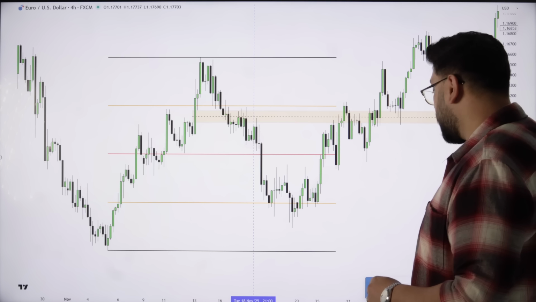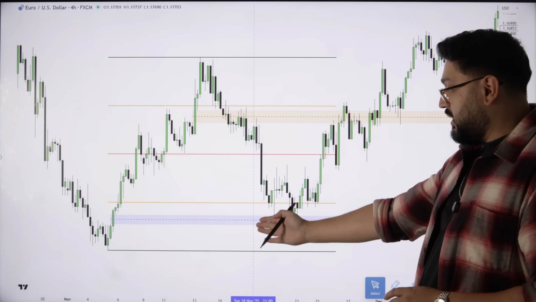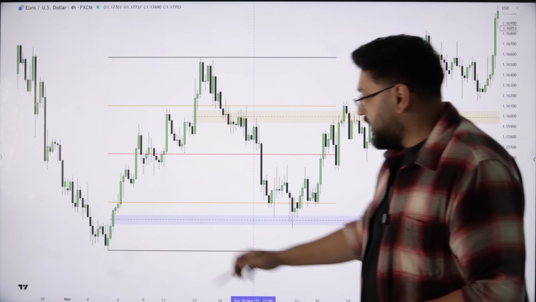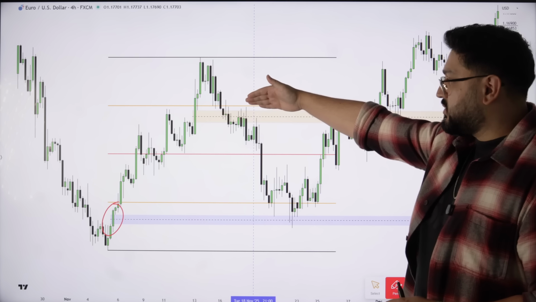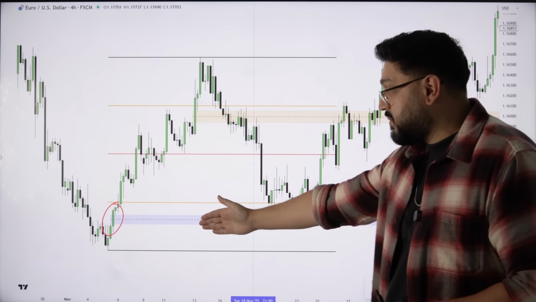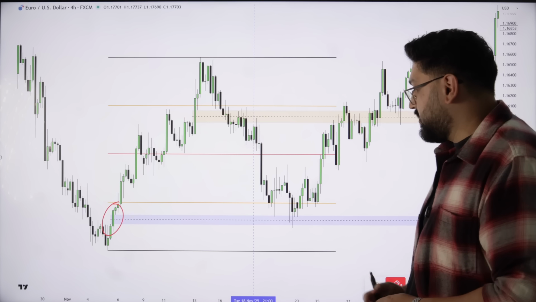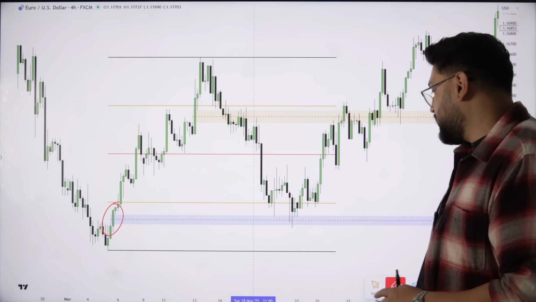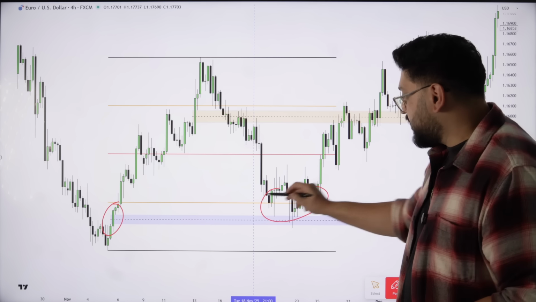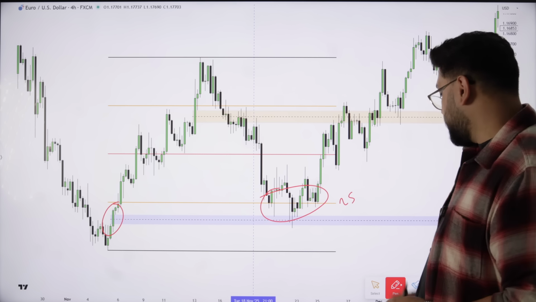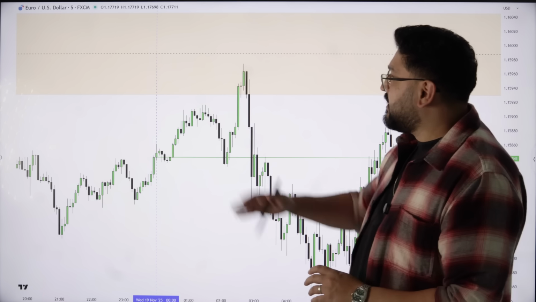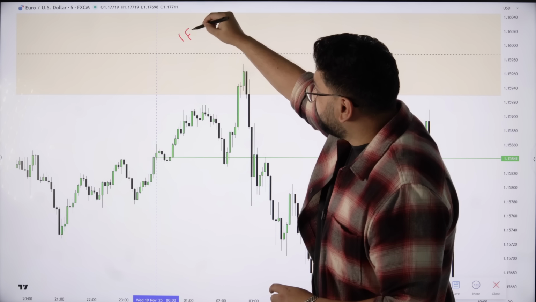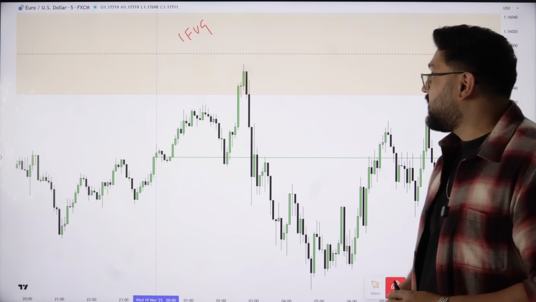Now notice what we would be aiming for. In an extreme discount, we have this buy-side imbalance. So when the market is already in a premium, below the market we have a buy-side imbalance. That's essentially where it's going to reach for. Also note all of the reaction at the 25 DRT level. Look at this in the context of having the higher time frame inversion fair value gap above the market.